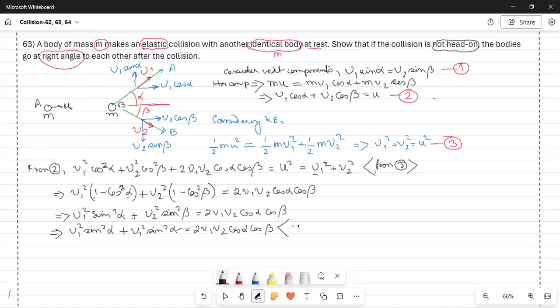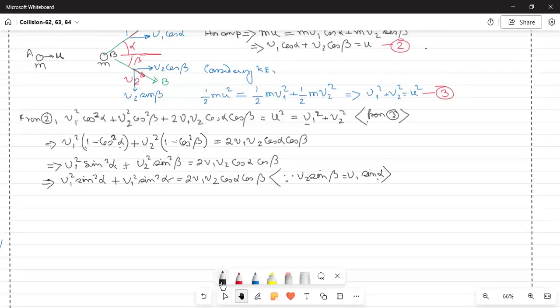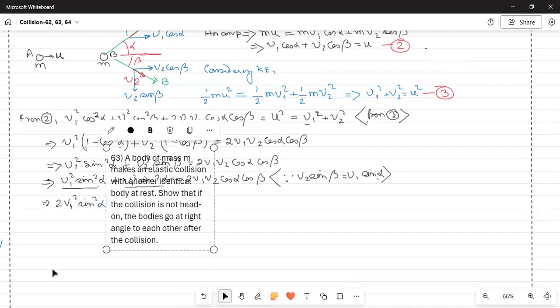Here we write, since v2 sin beta is equal to v1 sin alpha, that we are not mixed up later on. From here we get, I have v1 squared sin square alpha, also v1 squared sin square alpha. So 2 v1 square sin square alpha is equal to,